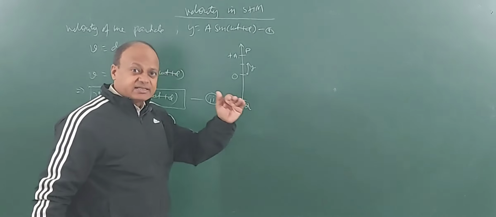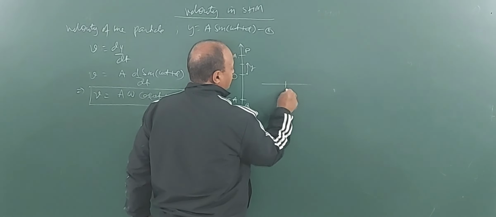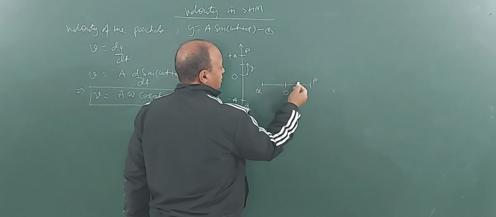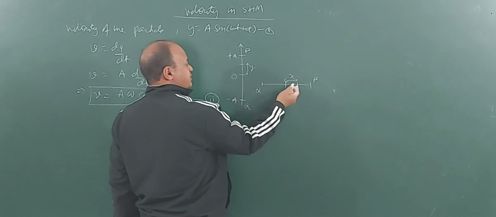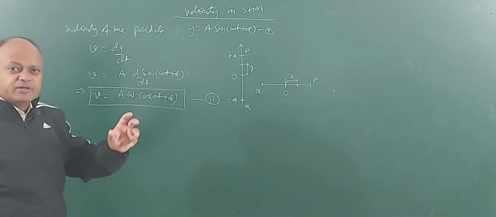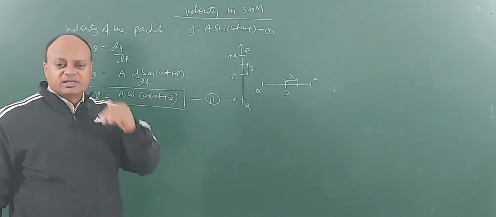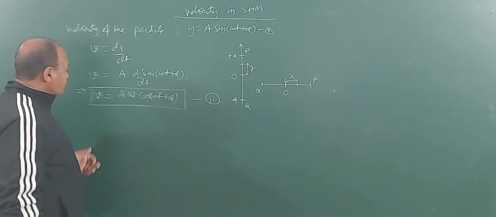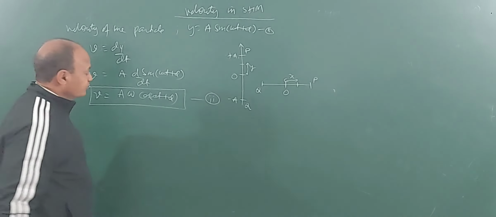Suppose I am doing oscillations along x axis. So for x axis this is O, this could be P and this could be Q. So x could be somewhere here, either on the x axis positive or x axis negative on the left. Clear? So x and y are actually variable terms, the maximum value they can take is equal to the amplitude, otherwise they will be less, minimum will be 0. So we will try to express velocity in terms of displacement.